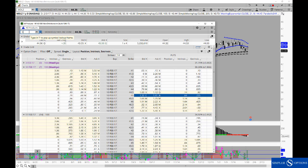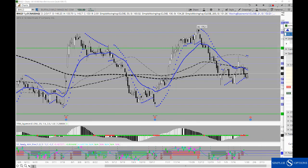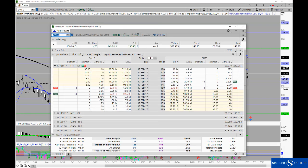And then another place to look at with a bit more of a neutral stance is Buffalo Wild Wings. Now, this is interesting because it came up towards the end of our chat today as we were walking through it in the chat room. And what I wanted to point out with you guys, I've taken a small position in it now, but we're going to look at actually trading it next Tuesday, is the idea that you can sit here and take the implied move or the suggested move off of earnings, which is right at $12,